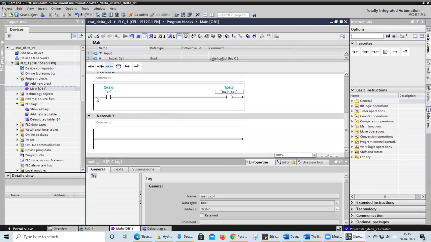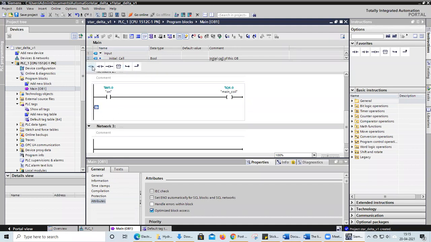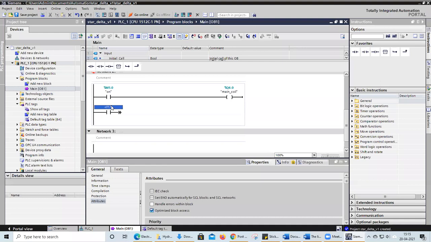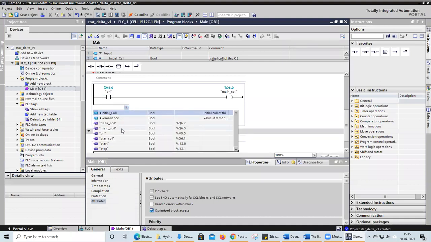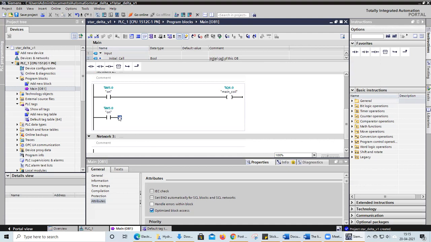Afterwards, we will use one more branch operation and we'll create one more on coil. Afterwards, we are going to connect a timer here. Okay, here you can see in basic instructions we have an option, general bit logic operator, timer operations.